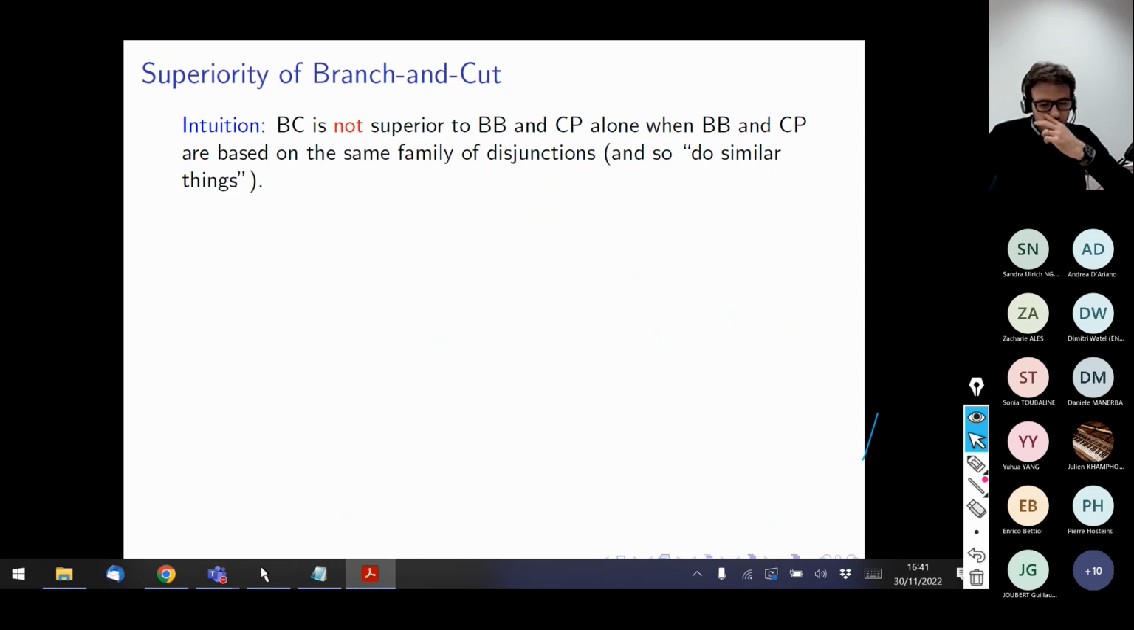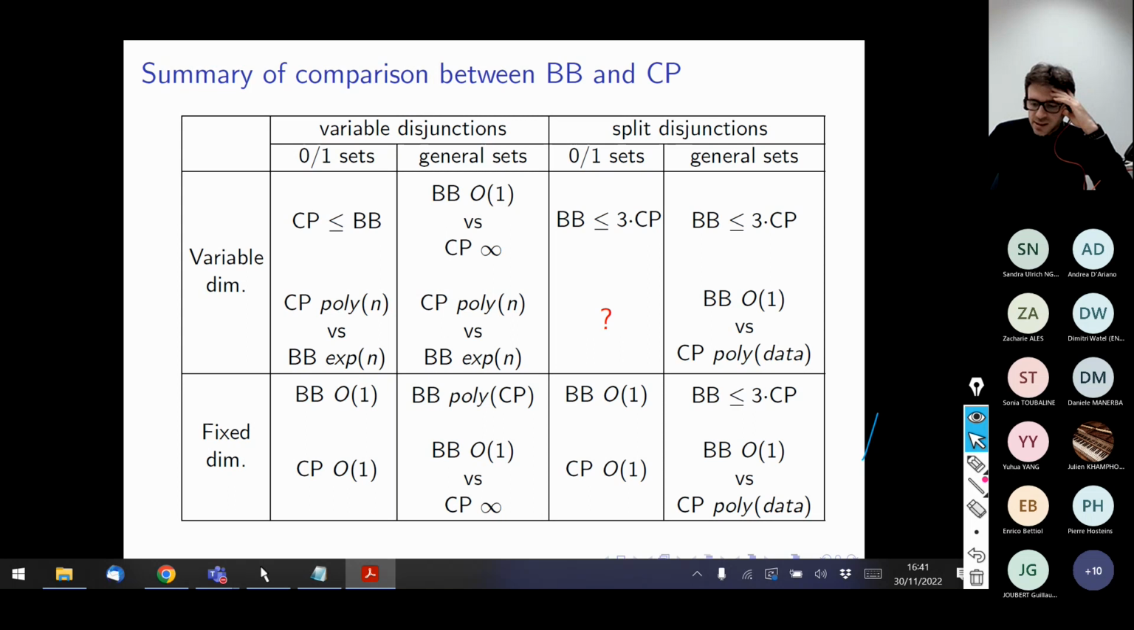Okay, now let me go to the second question. This will really be a matter of 5 minutes, because I cannot spend too much time. I cannot give too much detail about this, but when is branch and cut really superior to just branch and bound and just cutting plane taken alone? So this table suggests that